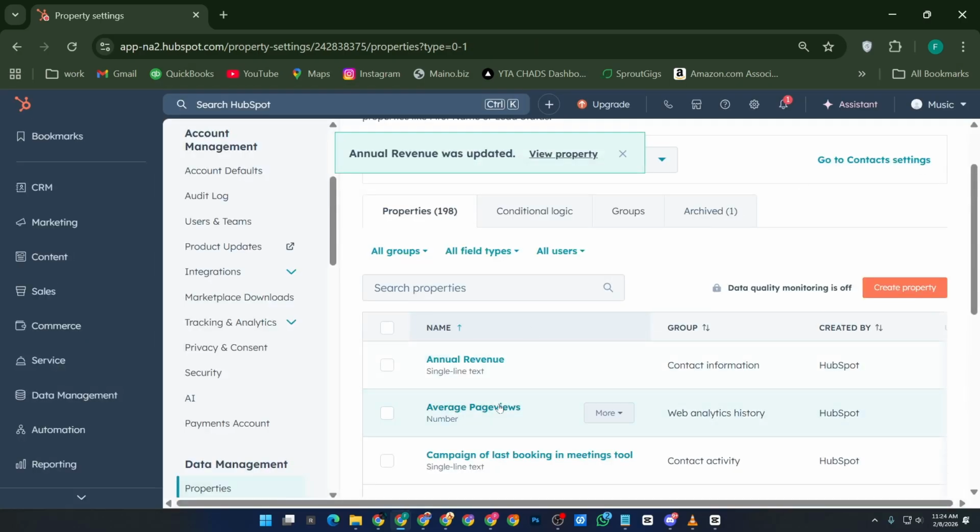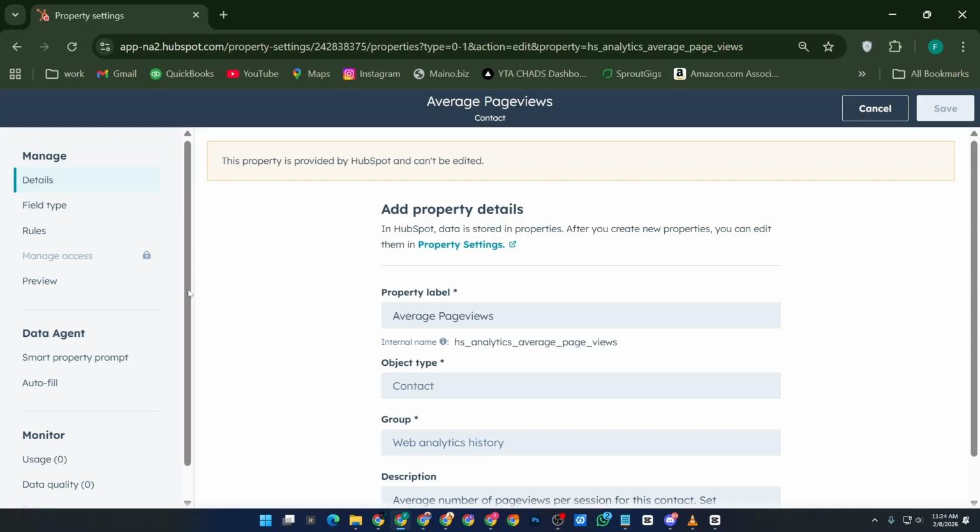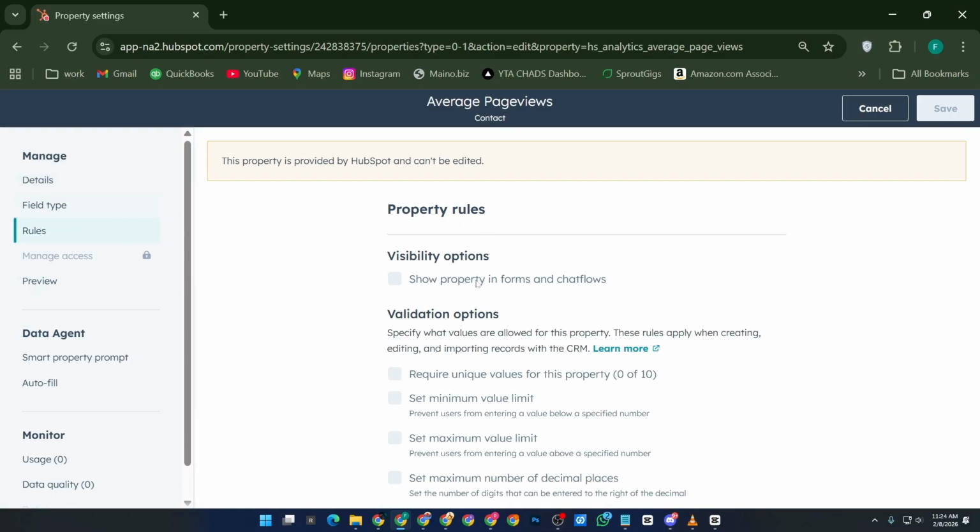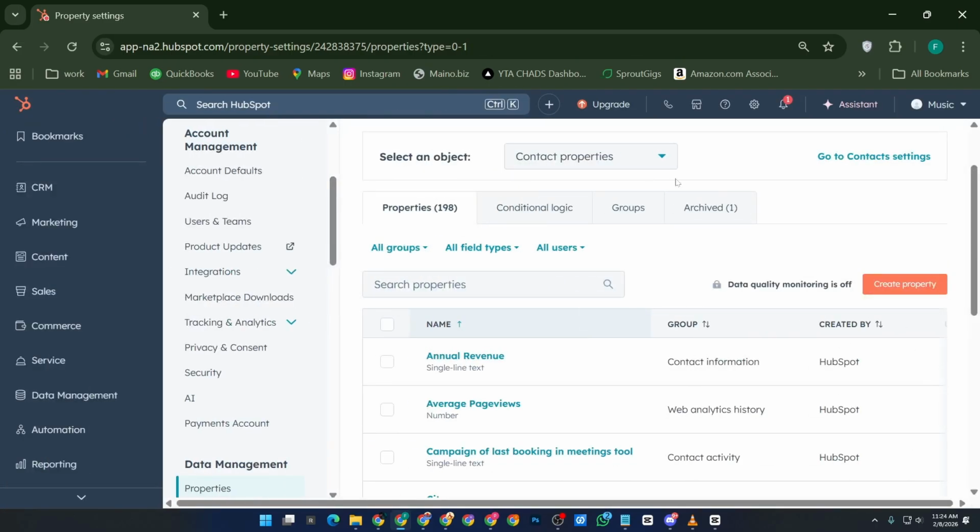That's it. Your property now uses conditional options, making your forms and records more intuitive and organized for everyone who uses them. And that's how you set up conditional options for